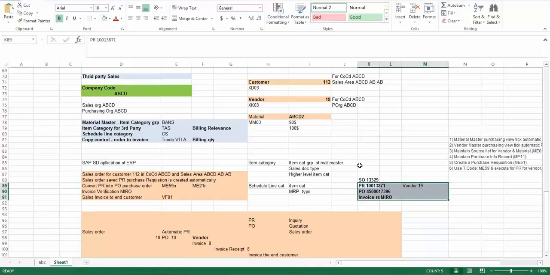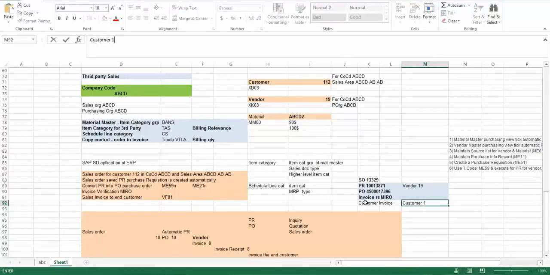Okay, but now after the sales order, after these steps are done, you can generate a customer invoice, and this would be for the customer number 1. Now you have to go to VF01 and try to create a billing